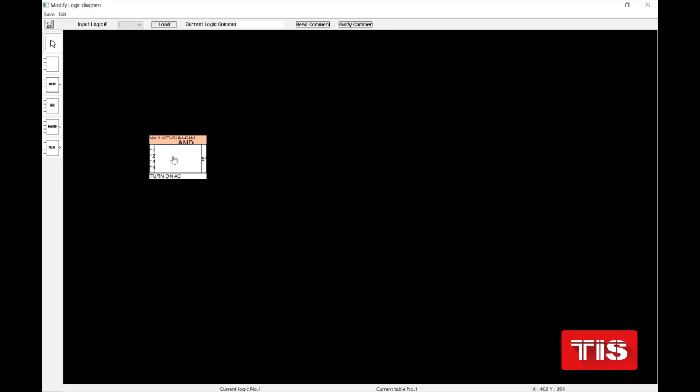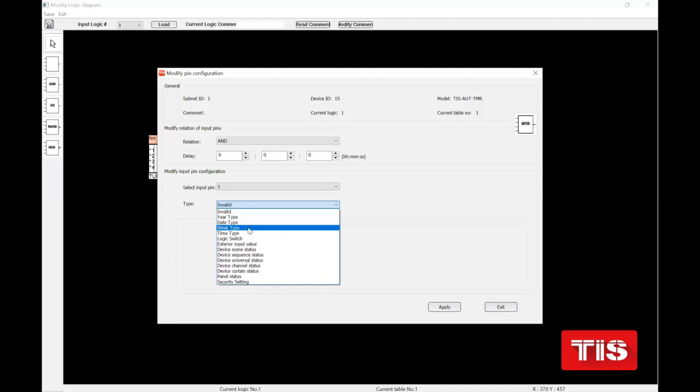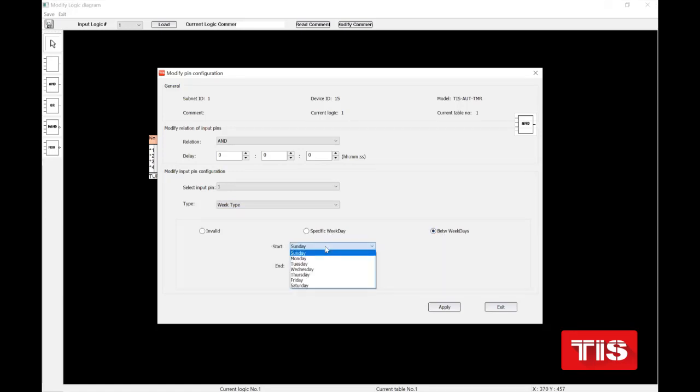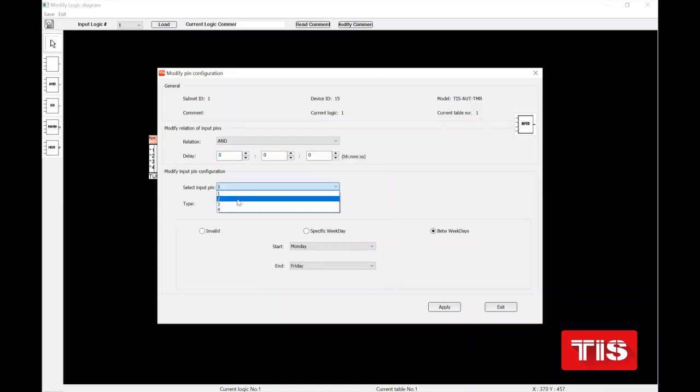I put the comments here, okay. Double click on my logic table, pin number 1. Week type, between weekdays, from Monday to Friday. Okay. Next one,